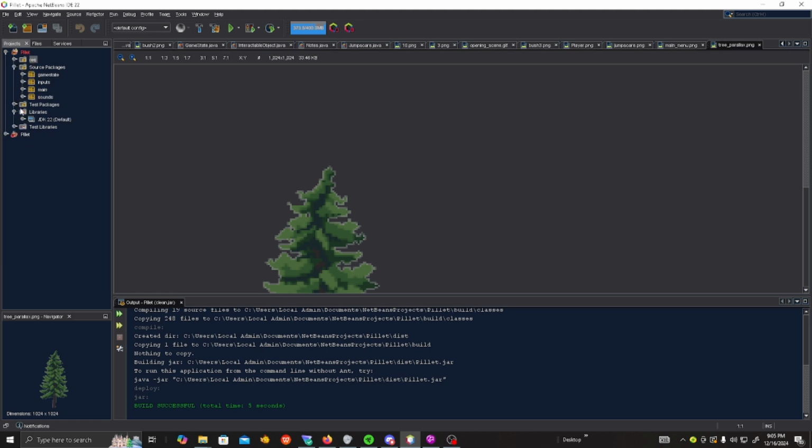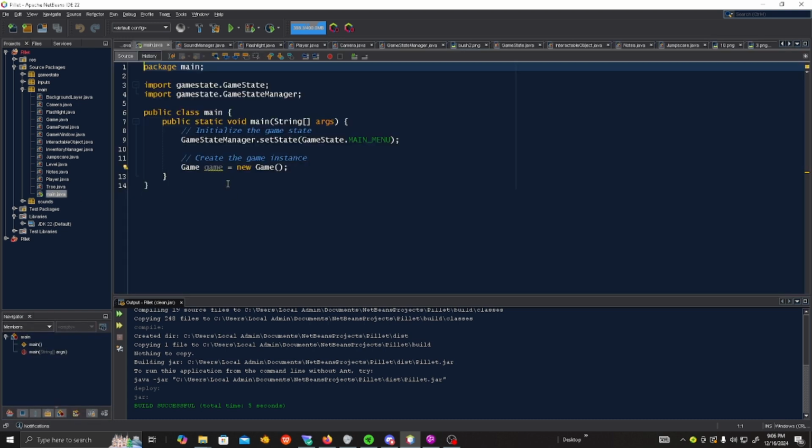And in the other folder, we store all of our packages. So inside this folder, there are four packages. The first one is the game state. Oh, wait. Let me explain first the main folder. Oh no, the main packages. So inside the main packages, we have a lot of classes that handle basically most of the game. So the first one is the main class, which